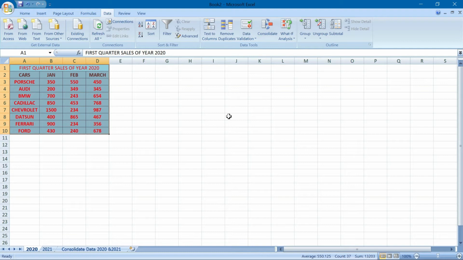Okay. Next, we are coming to the subtotal feature of Excel. It is used for generating subtotals to summarize the data. It helps us to manage, analyze, and extract specific information from the rows of related data. It is a good practice to use sorted data while applying the subtotal command to it. Fine. Now let us see.